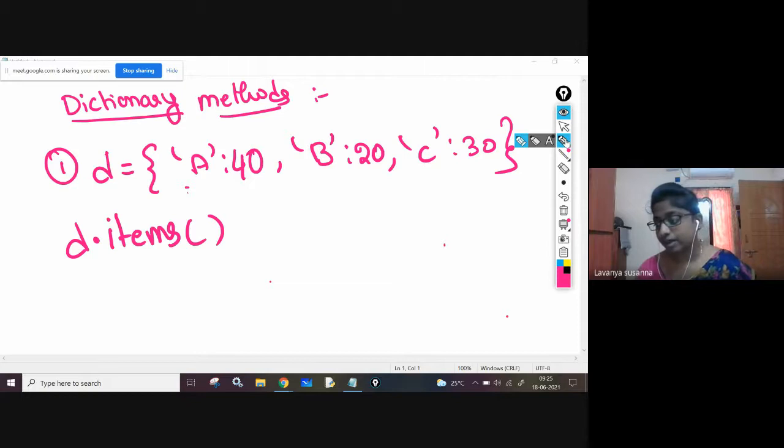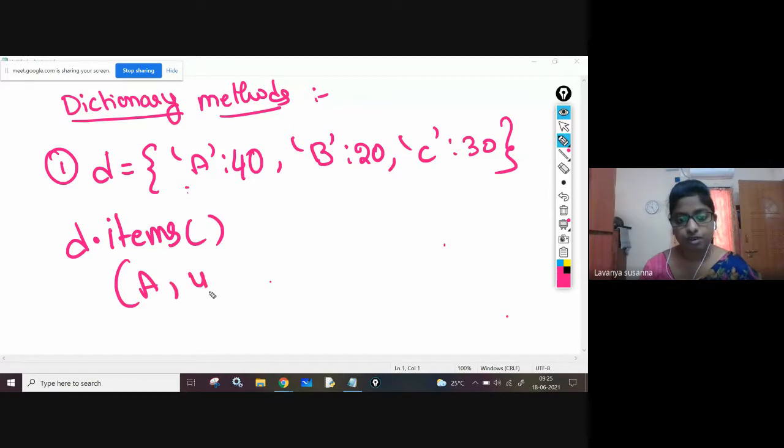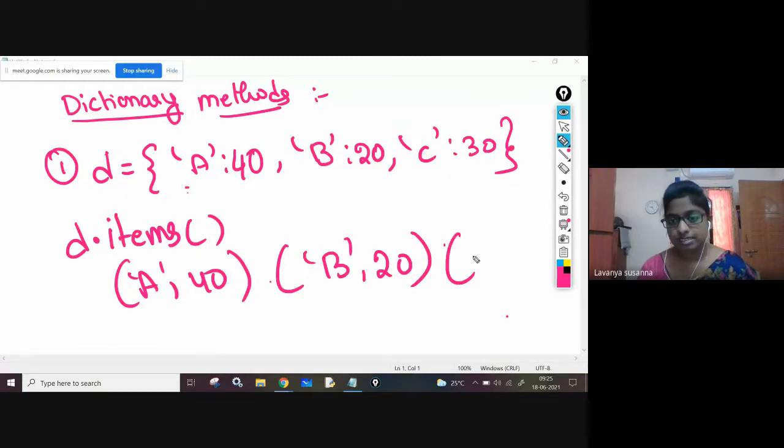It will give them like this, as tuples: a, comma 40. Next, b, comma 20. Next, c, comma 30. Like this it will retrieve, as a tuple.